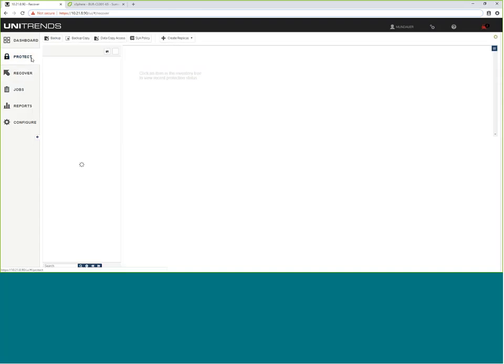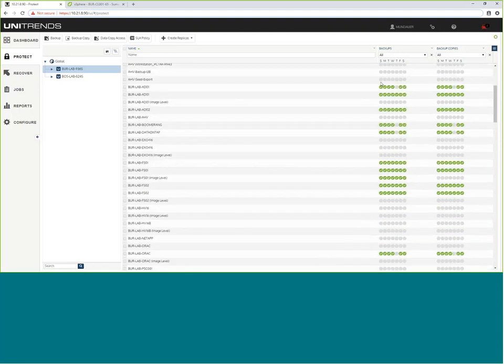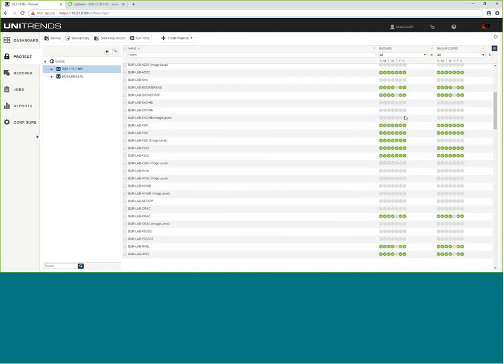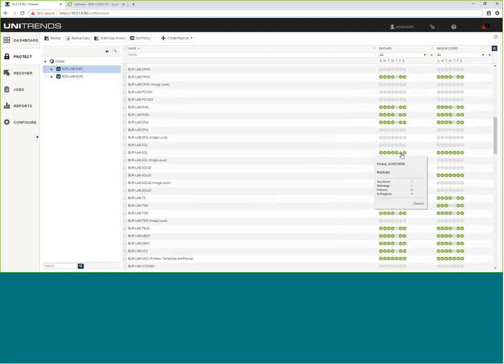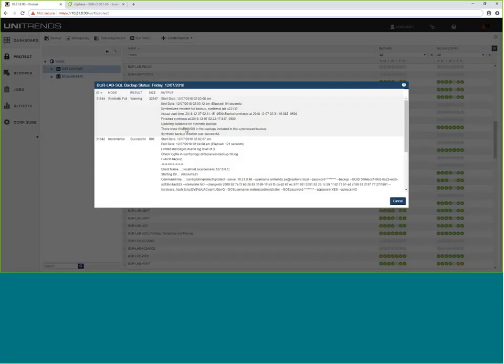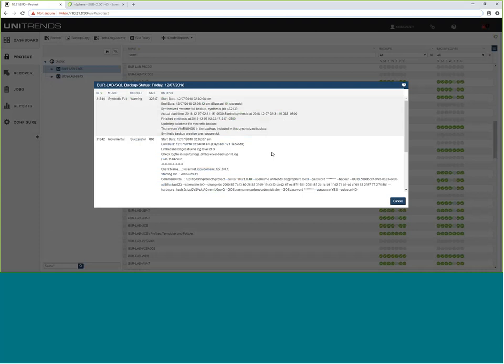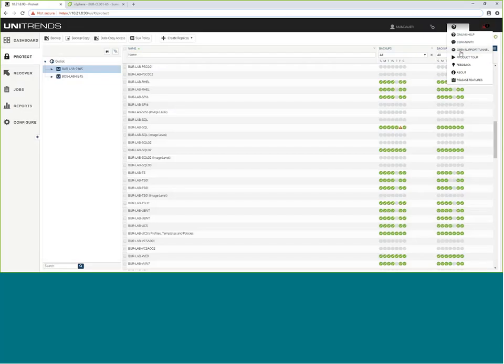And then on the Protect tab, I just want to highlight, this is where you can get a great high-level summary of all the machines that you've configured, whether the backups were valid, replication. If there's any issues at all, you'd see a warning or a red mark here. You can go and view the details and read through the logs to see what the issue may have been. Now, you don't need to be an expert in understanding Unitrends logs to operate the solution. Like I've mentioned before, if you have questions, we're here to help.